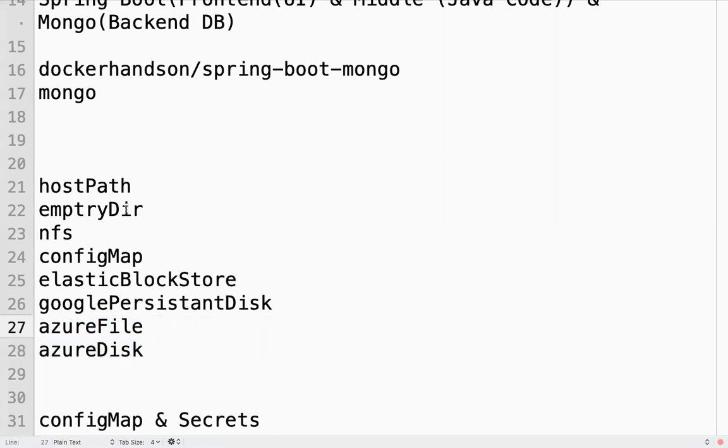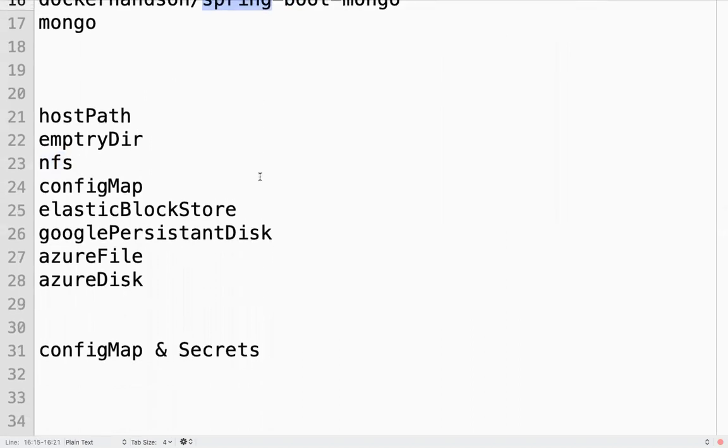If you are using an on-premise self-managed Kubernetes cluster, you can go for a host path, or you can go for NFS, your own network file system. So you can use any storage drivers of your choice.